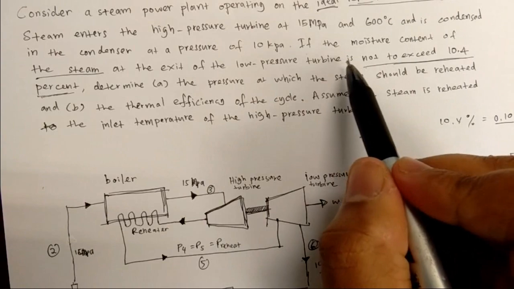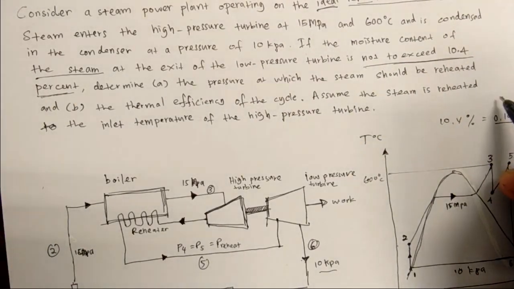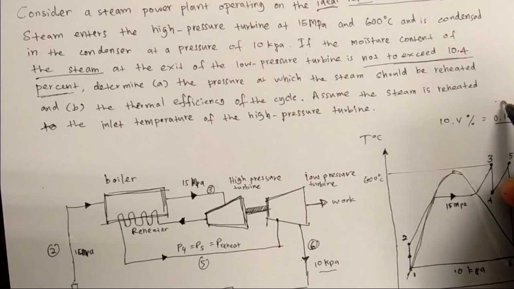Which means that the water in the vapor is not to exceed 0.104. The rest is gas, which means the amount of gas is 1 minus 0.104,